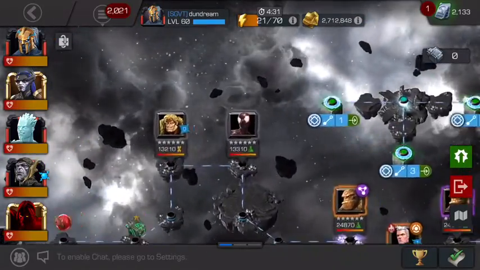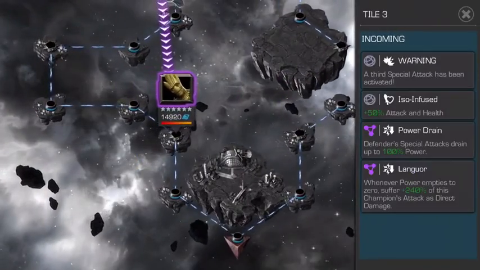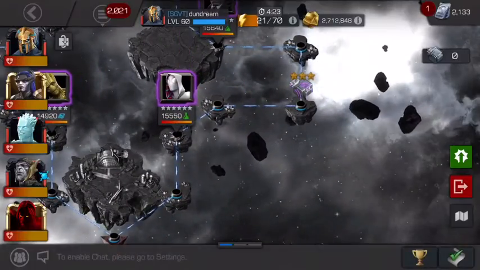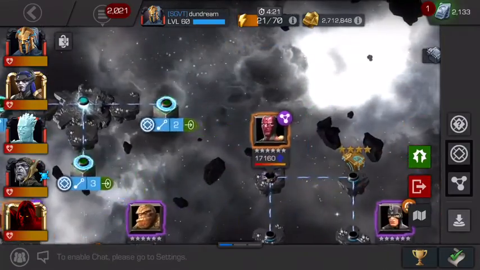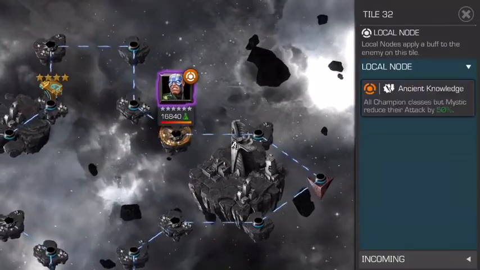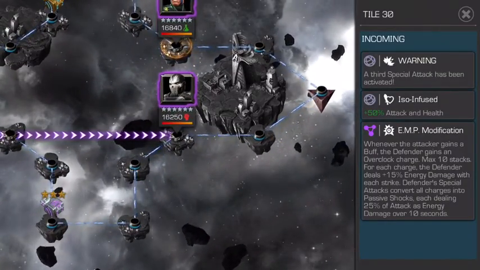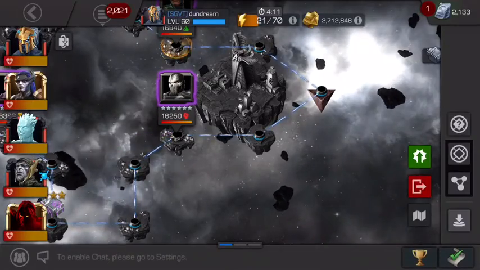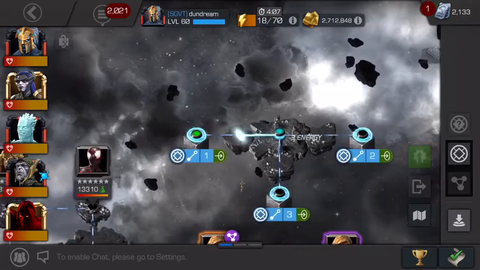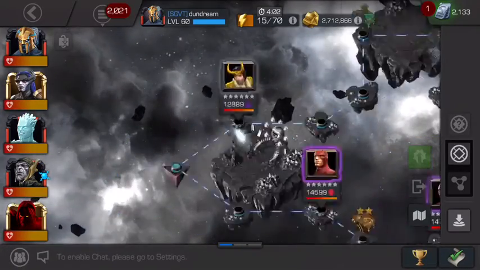We've got a few lines here. Particle Protector, so that's like Ant-Man. Then there was Plain Vanilla. These two are Power Drain and Languor. And Mighty Charge, that could be a bit annoying, but that actually looks kind of like the easier path. And here we have Class Disadvantage, and we have EMP Modification. That looks new. So what I'm going to do is take the Plain Vanilla path, I think, and just let's get